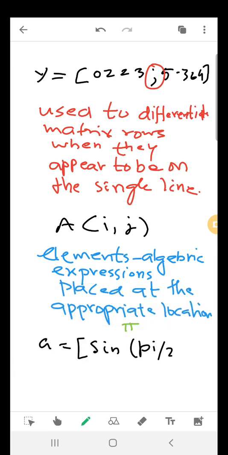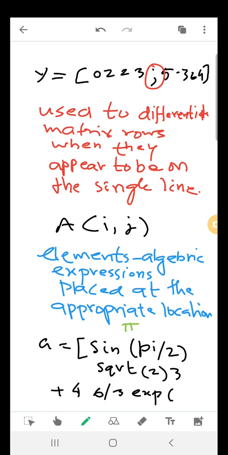So pi by 2, sqrt square root 2, 3 plus 4, 6 by 3, exponential 2. This is also a way of